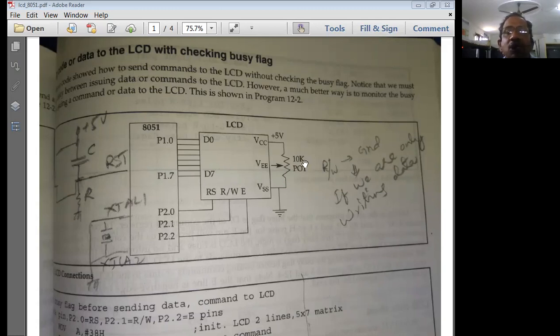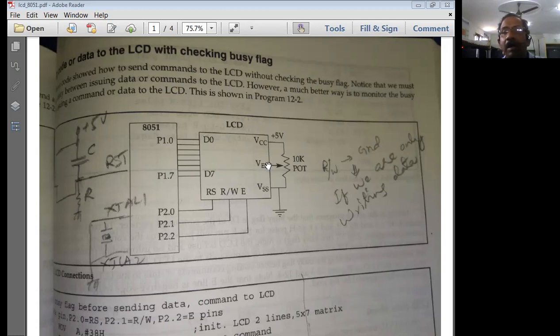So here our basic operation is to program the LCD to display. Since we are using the LCD as a display unit only, we connect R/W to the ground directly, thereby saving one pin.